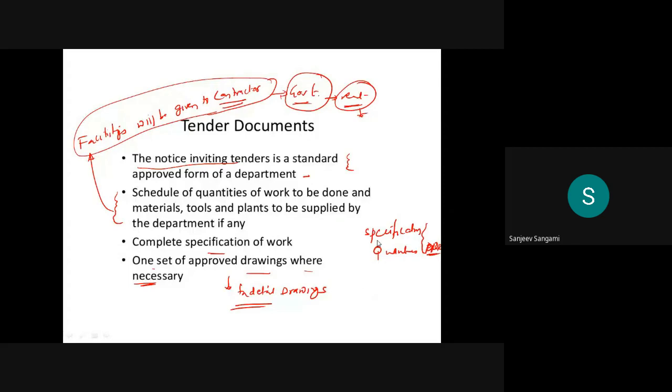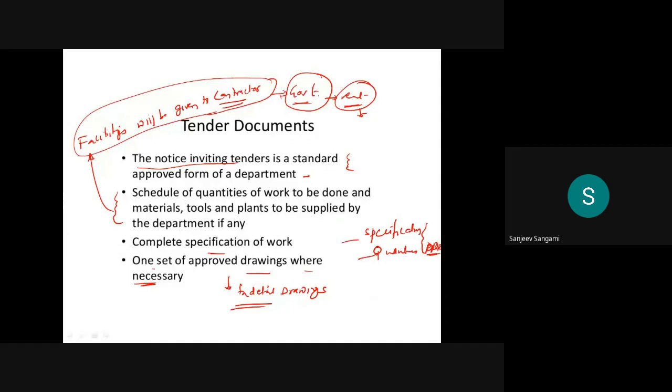It is the schedule of the quantities that will be mentioned, and the specifications as per the DPR, and the quantities also to be highlighted.